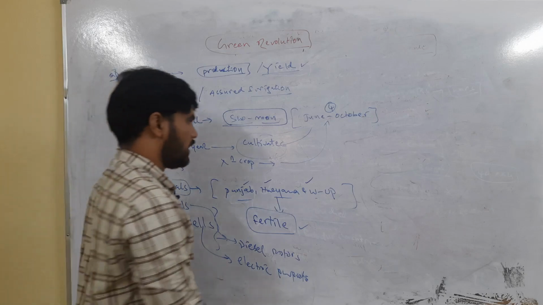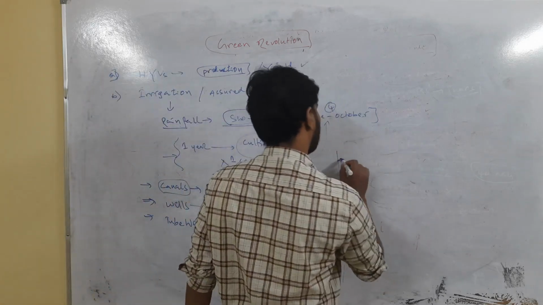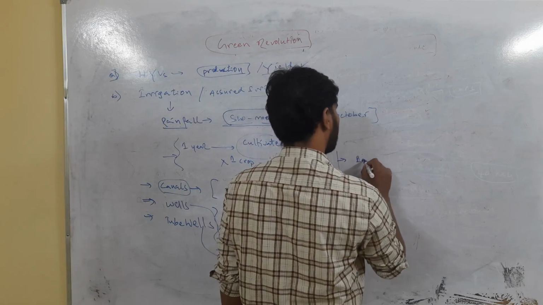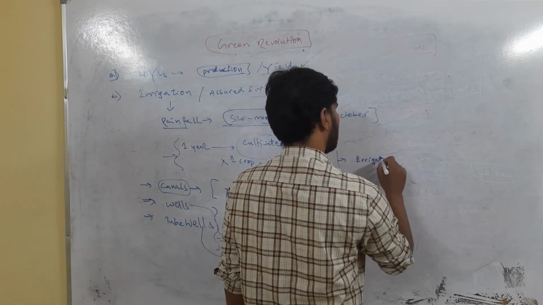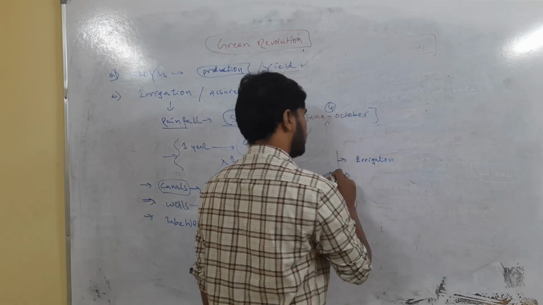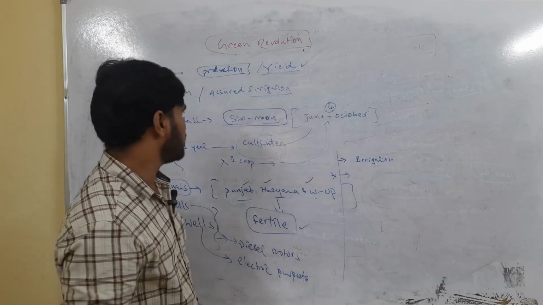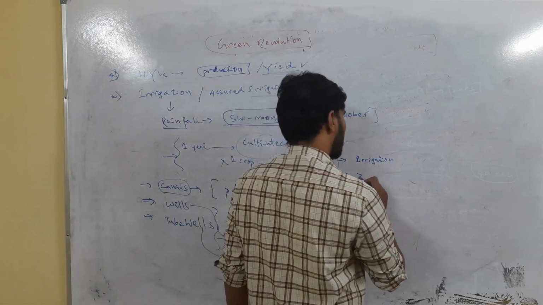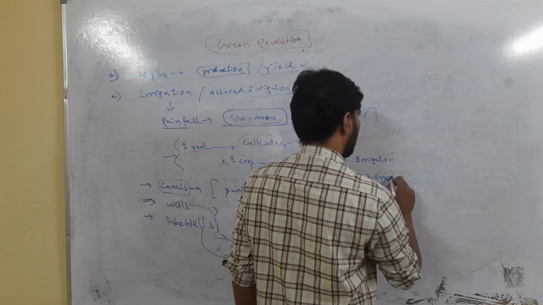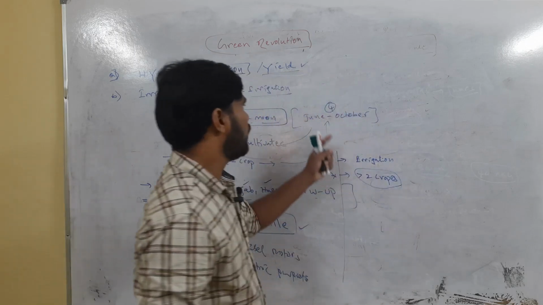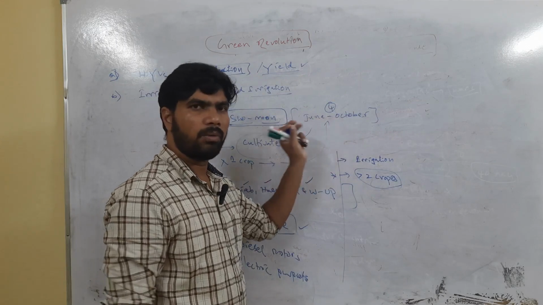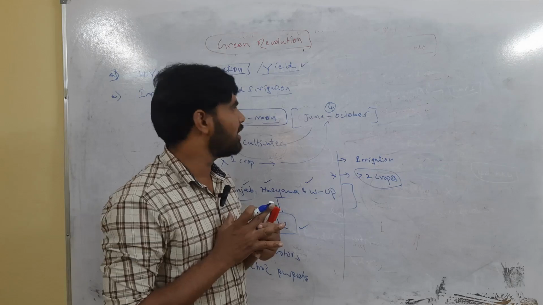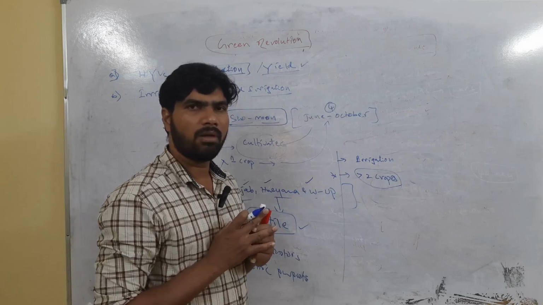What is the advantage of providing assured irrigation? One thing is that the crops are now assured of irrigation. Then the second advantage, a very important advantage: earlier we were getting only one crop, now we can have more than two crops. How is it possible? During the June to October period, 4 months, we extract one crop. After that, earlier we were not growing any crops. Why? Rainfall was not available.